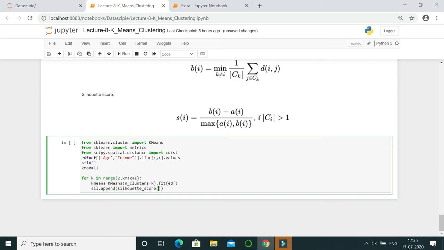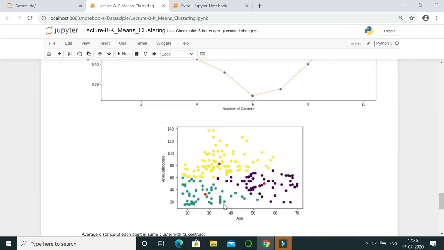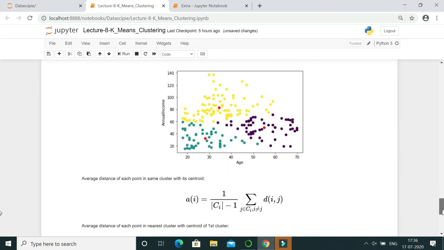Then with the data frame we have to utilize df. Next we have to utilize the label for each data point. For example, if we divide these into three clusters, the points in the first cluster are labeled as 1, points in the second cluster labeled as 2, and points in the third cluster labeled as 3. So that's how the labels are defined.